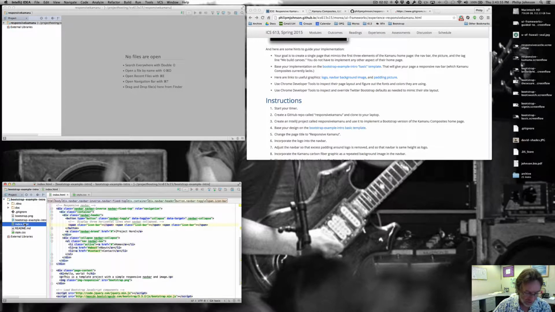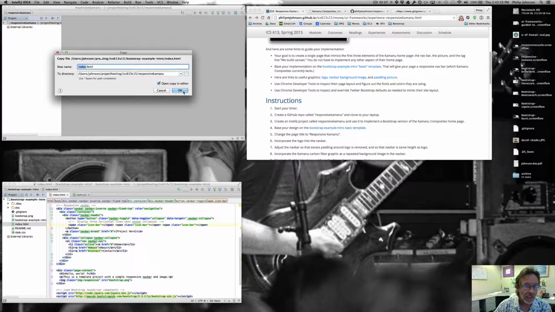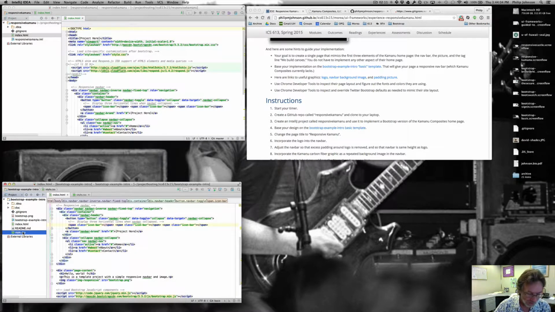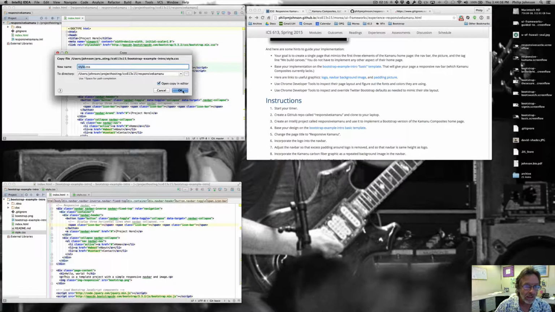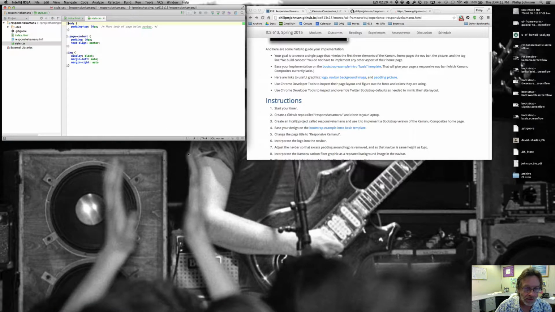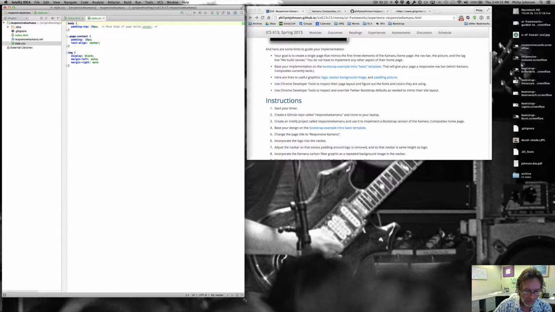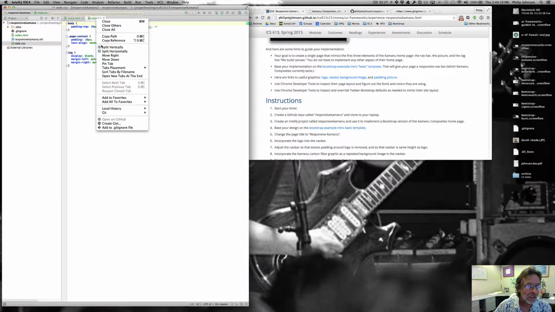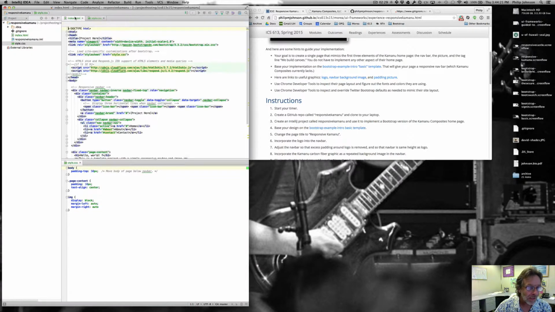And then we'll take the index and we'll do a Control-C, Control-V to copy that in. Sure. And then we'll do Control-C to copy the style, Control-V, okay, yes. Okay, and then we're done with this example intro, so we'll just get rid of that. We'll move this down, and then what I like to do is split horizontally so that we've got our index.html on the top, our style.css in the bottom,